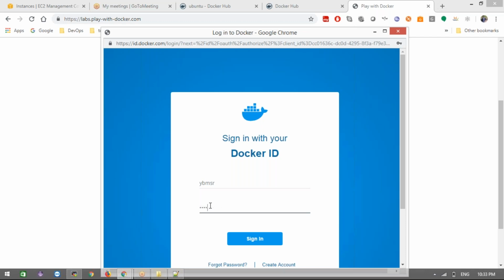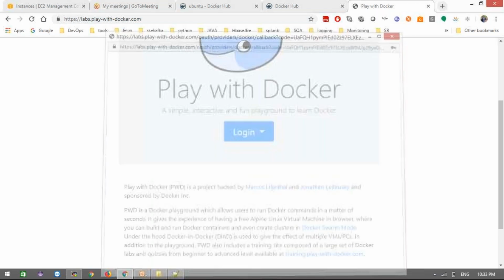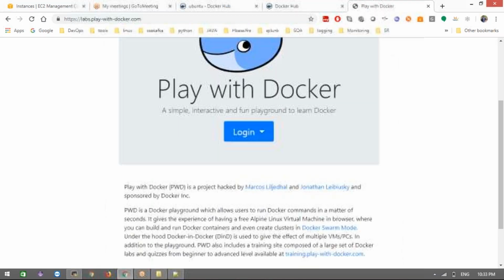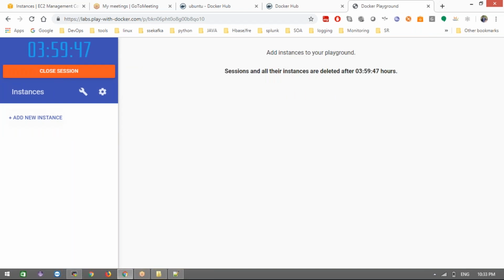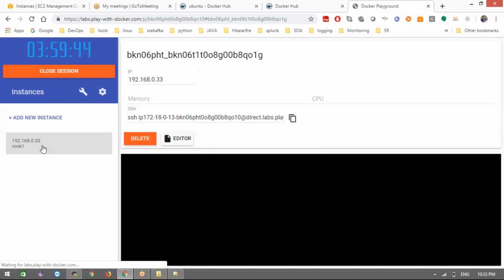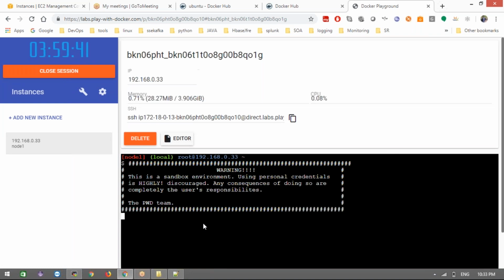Now, yes, I'm going to show you how to practice Docker without installing. Go to start here. They will give Linux servers directly, and they will have Docker installed also. We can practice for 4 hours. Now click add instances, and it will create one Linux server. Here we can practice directly, but you can't save it to your local system. It is an online one.